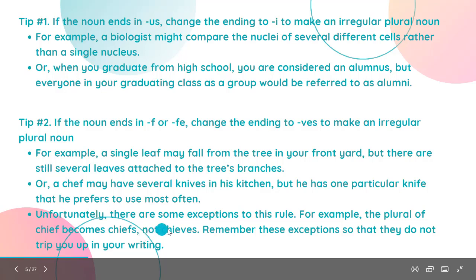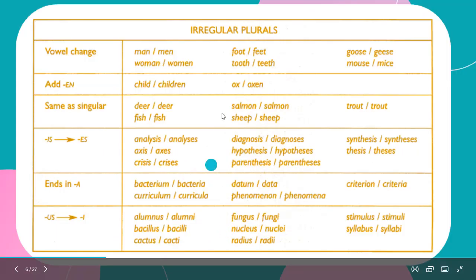Next, unfortunately, there are some exceptions to this rule. For example, the plural of chief becomes chiefs, not chieves. Okay, remember this exception so that it does not trip you up in your writing. So this is an exception: chiefs, not chieves. Okay. You can see here and also in your PDF that